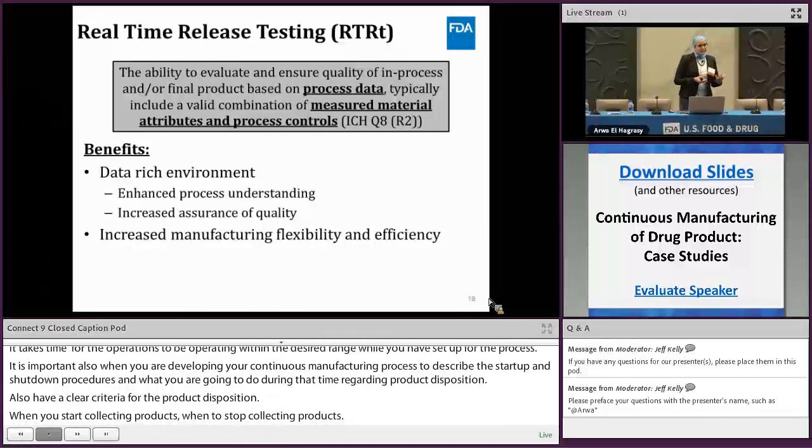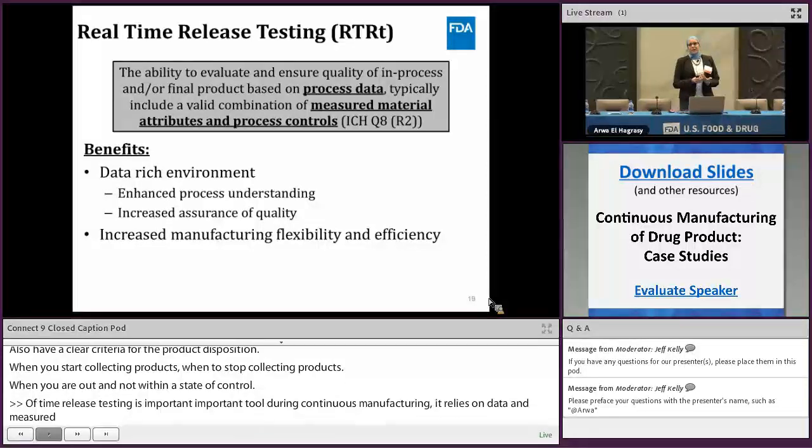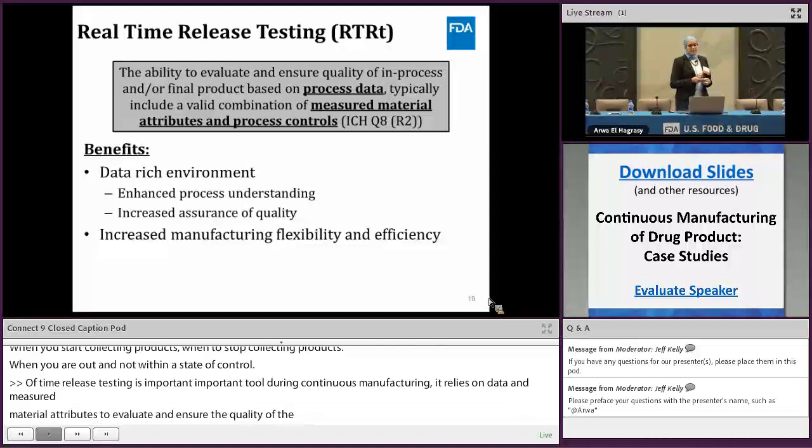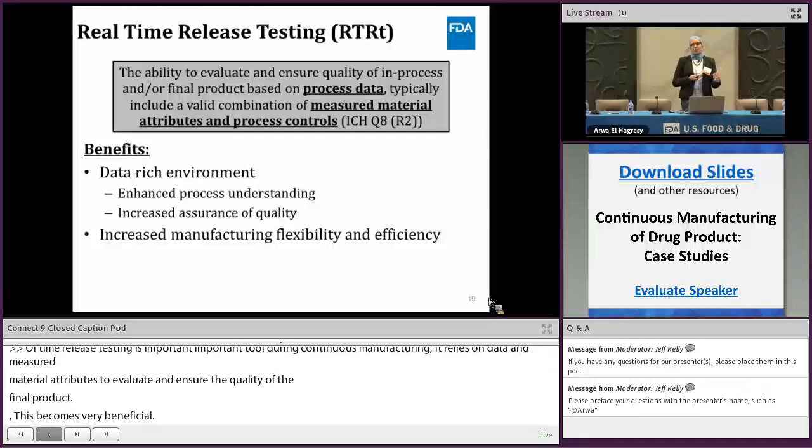Real-time release testing is a useful tool during continuous manufacturing because it relies on process data and measured material attributes and process controls to be able to evaluate and ensure the quality of the final product. So because of the data-rich environment that typically happens with continuous manufacturing, real-time release testing becomes very beneficial. It enhances product understanding, and it increases the assurance of quality, and also increases manufacturing flexibility and efficiency because you're able to operate in the continuous mode and then also be able to still ensure the quality of the product